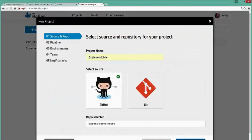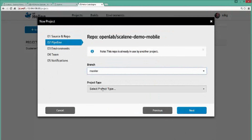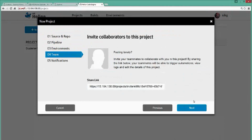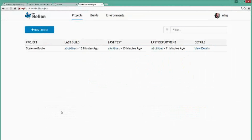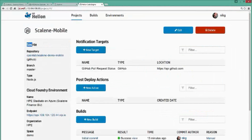So in this case, we are talking about integrating with an available source code repository that we already have, and you pick the project and the runtime environment that is required for that project to work. Now you pick and choose the environment that you have just built, and you would then use it to make that latest code deployment. Now you can also expand on that capability by integrating with other tools. Now you have the capability to work on this particular application by looking into a couple of factors such as your environment details, your source code details, and you can trigger the new builds by making changes to an existing